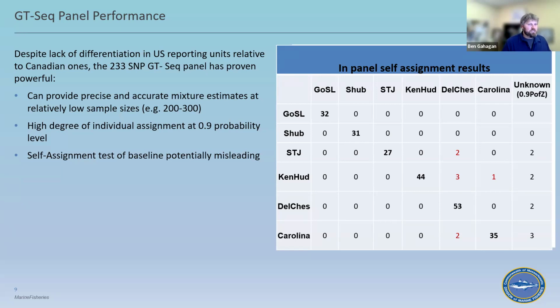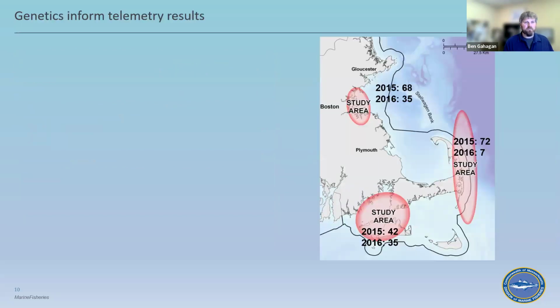And by extension, these fish that are quote unquote misassigned, these are all fish that have strong genetic support that they are not in fact being misassigned. They are actually from the reference population that they've been assigned to, which raises the question: do we now have the ability to better understand philopatry in striped bass, which has been a topic that a lot of people have talked a lot about, but we've not had a lot of data to support. So I'm going to make a short digression here into the telemetry work we did.